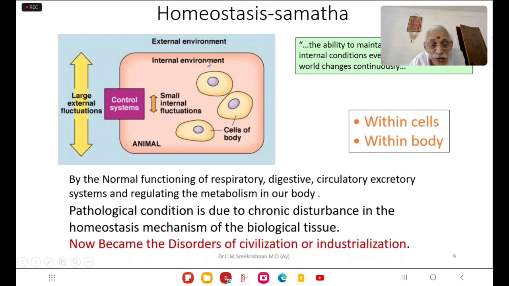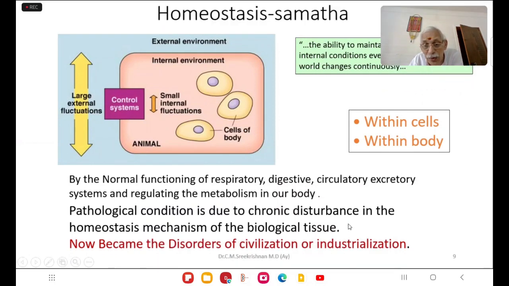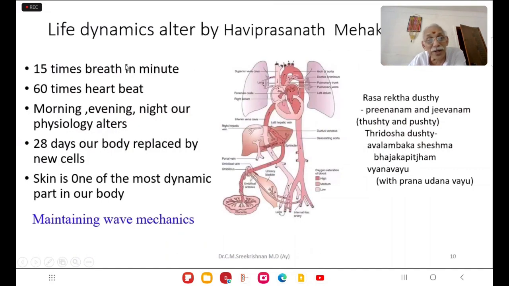In the animal cell, it should be maintained properly by the normal functioning of the respiratory, digestive, circulatory and excretory systems, which regulate the metabolism in our body. Pathological conditions are due to chronic disturbance in the homeostasis mechanism of the biological tissue. Now these become the disorders of serialization and industrialization. Why? Because, as I told you previously, life dynamics are altered by Hitaprashna or Mithyahara Vihara. By this, the normality of life